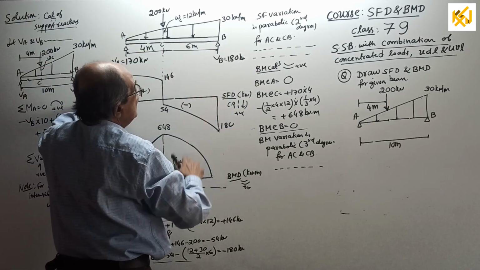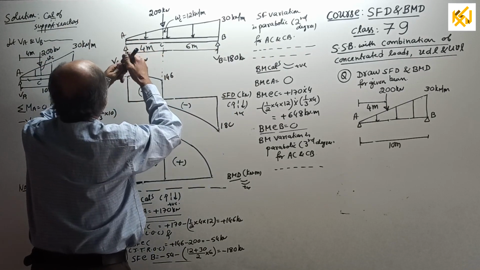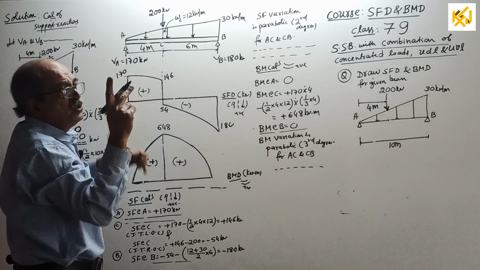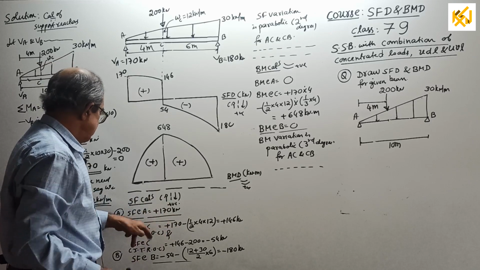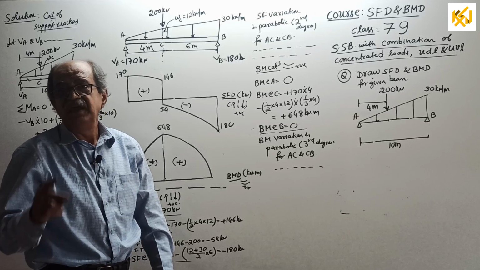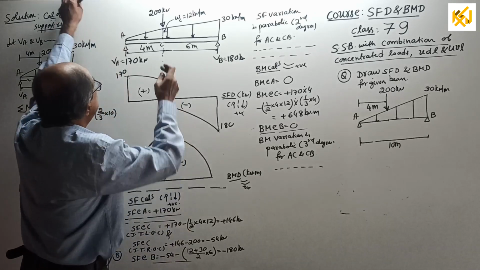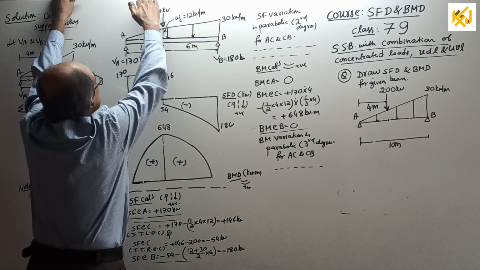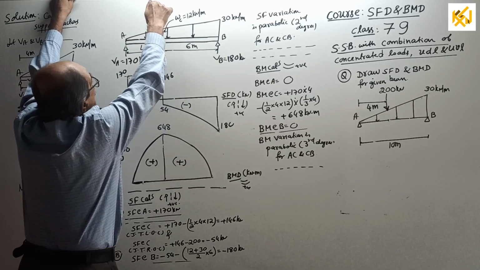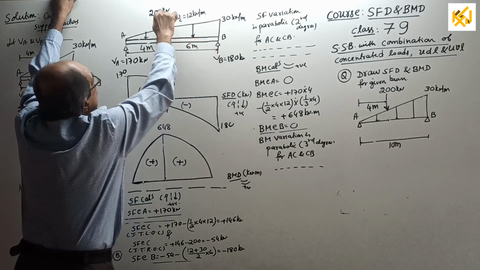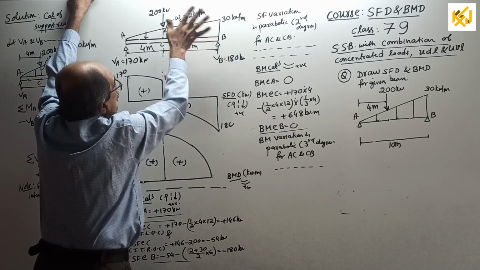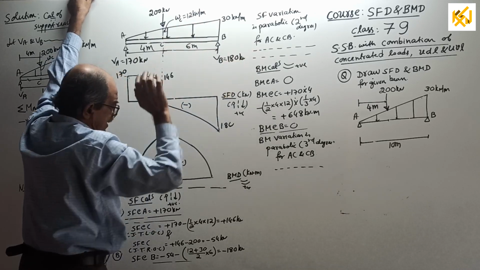Okay, now draw a neat diagram. Start SFD. SF calculation. SF at A, just to the left side, plus 170. At C, you have to do the calculation twice. You can write here, see, I put dash, dash, dash, dash. You write a note if you want. Point load is there. Shear force calculation twice. Just to the left, shear force 170 minus half into 4 into 12. Just to the right, the same value minus 200. At B, the just-to-right value, whatever you got here, minus this much load, or look from that side, minus 180.